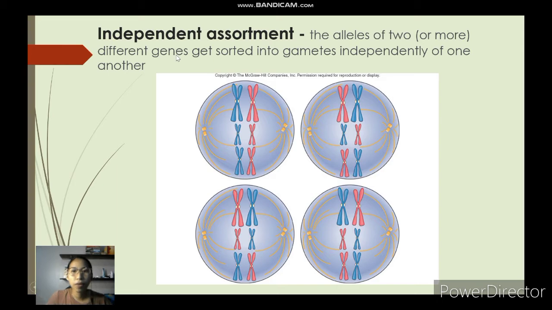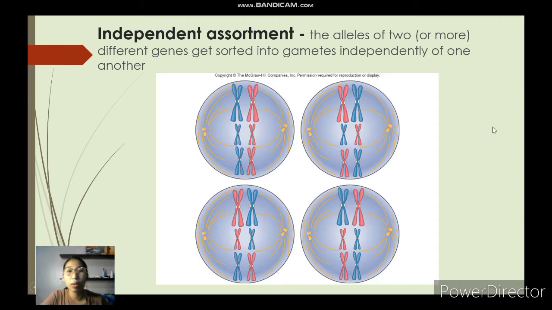Okay, so per definition, independent assortment happens when the alleles of two or more different genes get sorted into gametes independently of one another. For example, this comes from your father, this comes from your mother, and it can be split in half too. So your daughter cell can be all blue, meaning all traits from your father. It can also be that one of your cells is all from your mother. That is also possible. But normally, what happens is